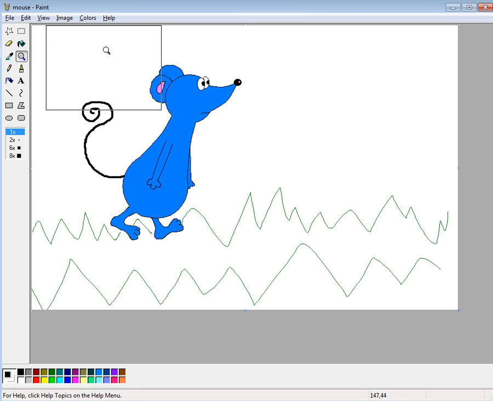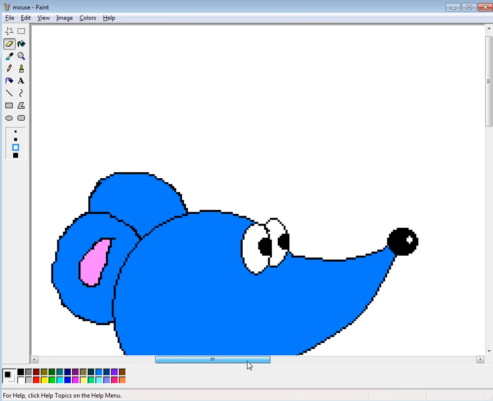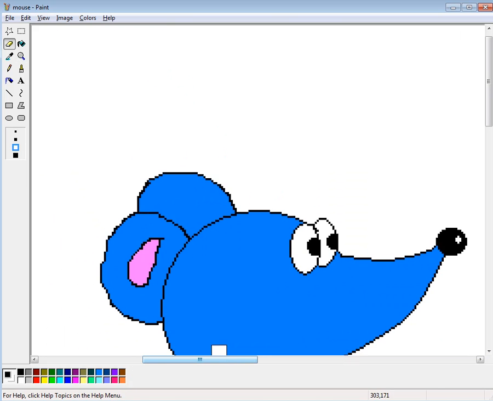And again, if you zoom in, you can see the pixelation that's happening within the mouse. Alright,